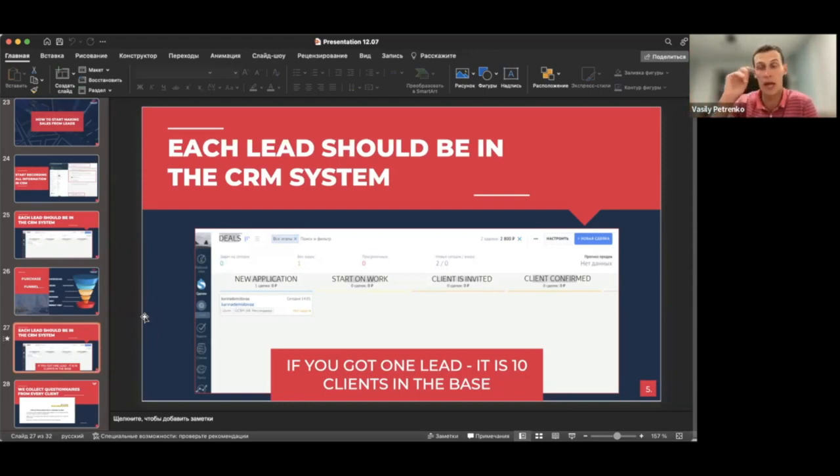Not a problem. And it doesn't matter if they're wife and husband, still collect info about both of them. Why is that? Because they are different people, they have different birthday dates, they have different phone numbers, and for both of them you can send reminders with the CRM system, what we were just talking about before. So you see, every time you have a booking, you have not only 1 client, you have like 10 new clients in the base.